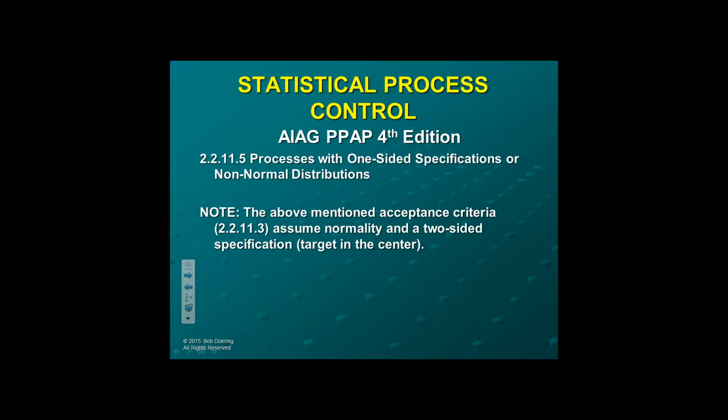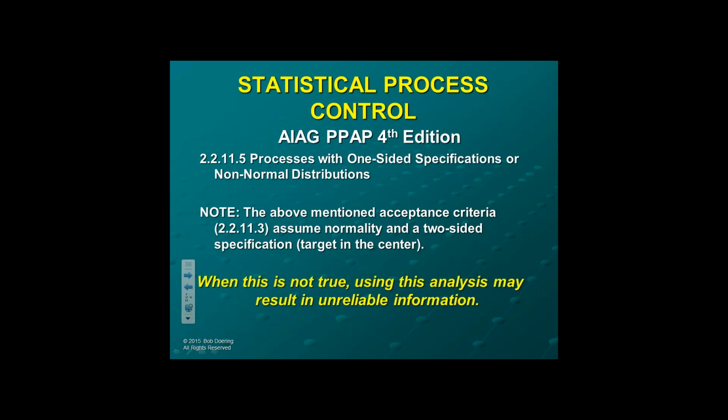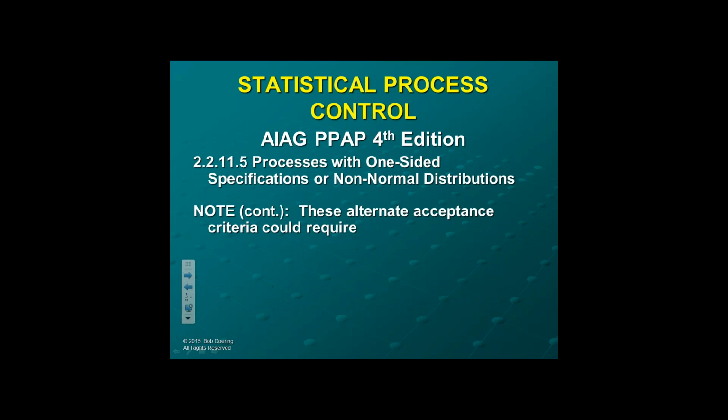And then it says the above mentioned acceptance criteria that we saw before, the 1.33, the 1.66, assume normality and a two-sided specification with the target in the center. When this is not true, using this analysis may result in unreliable information. You might have to use alternative acceptance criteria, which would require a different type of index or some method of